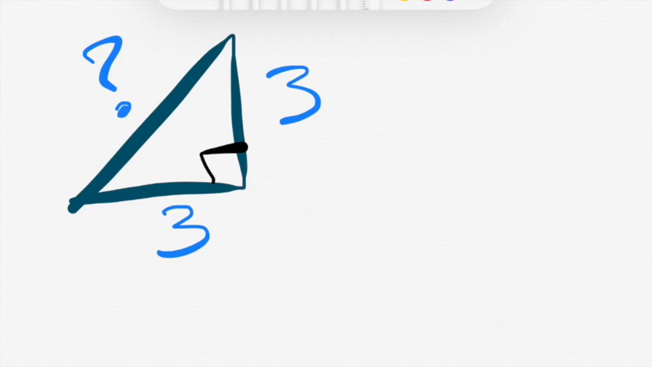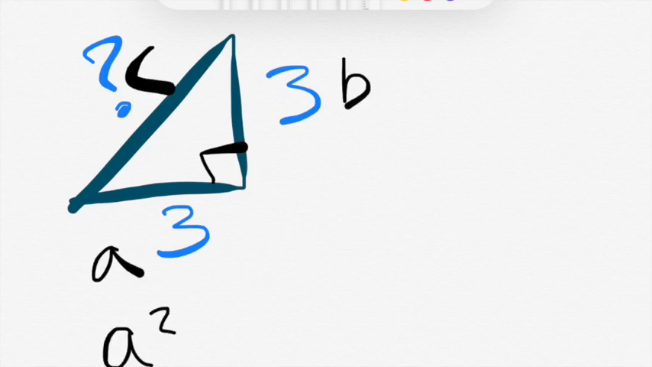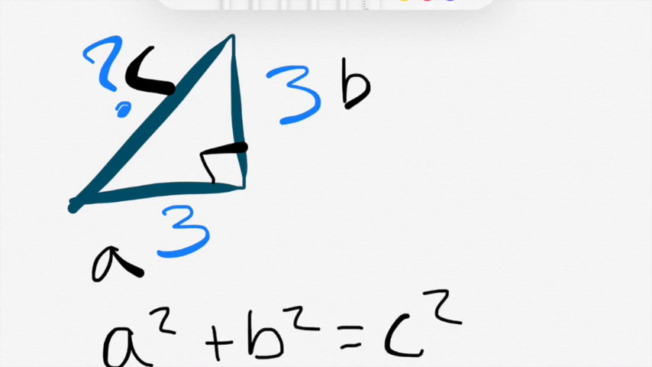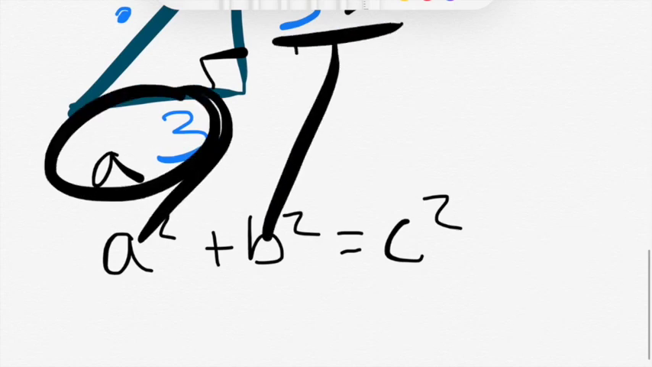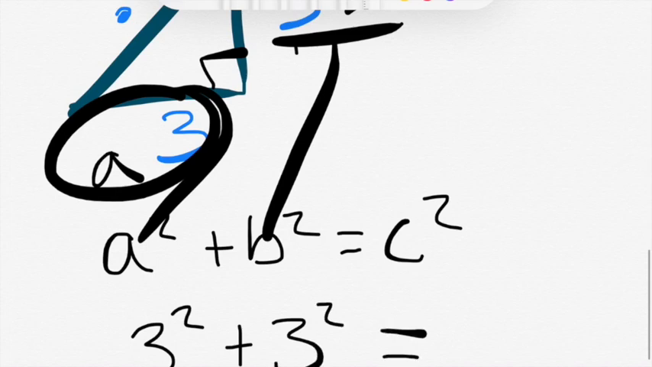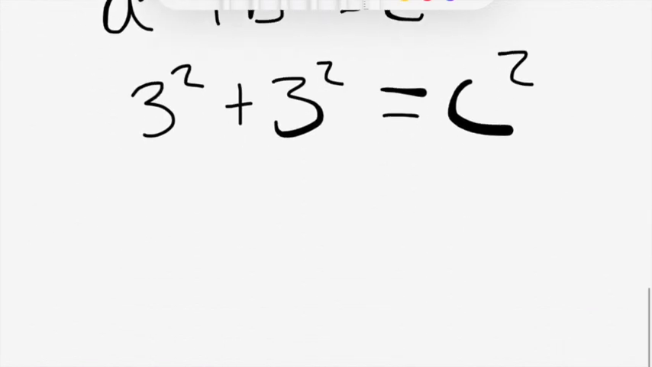So we could let, I don't know, the bottom be side A, and the right side be side B, and then we'll let the hypotenuse, which is always C. I'll plug it into our formula: A squared plus B squared equals C squared. So now we take values 3 for A and 3 for B and plug that into our formula, so we get 3 squared plus 3 squared is still equal to C squared, and what that really means is we have